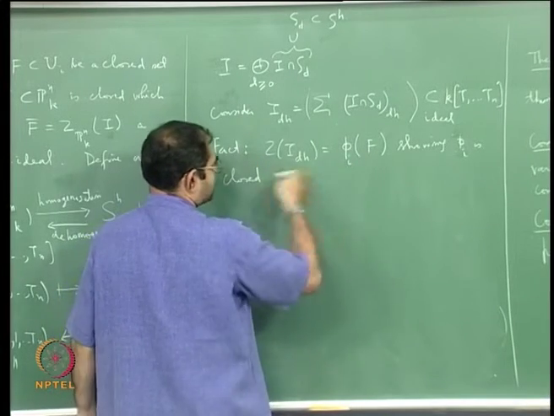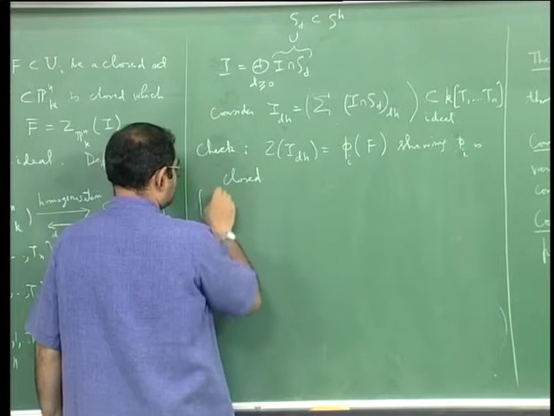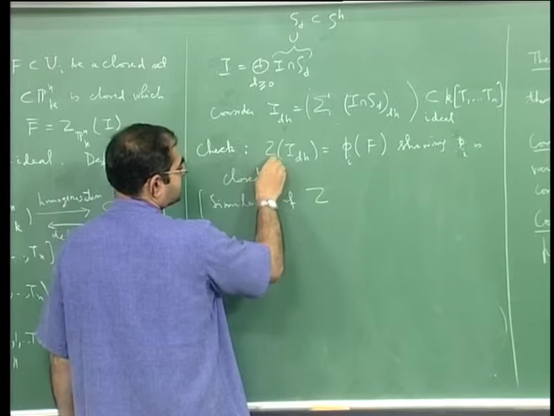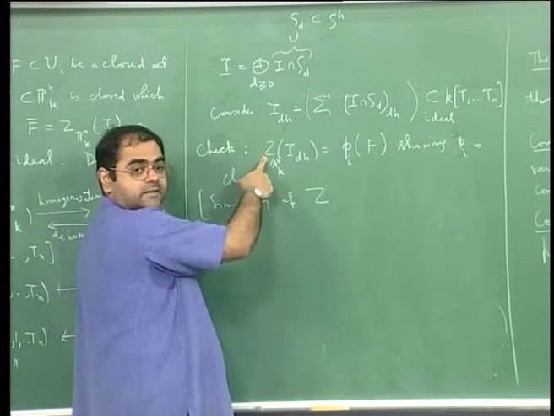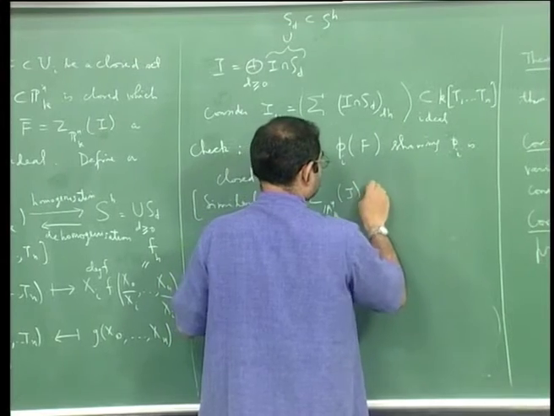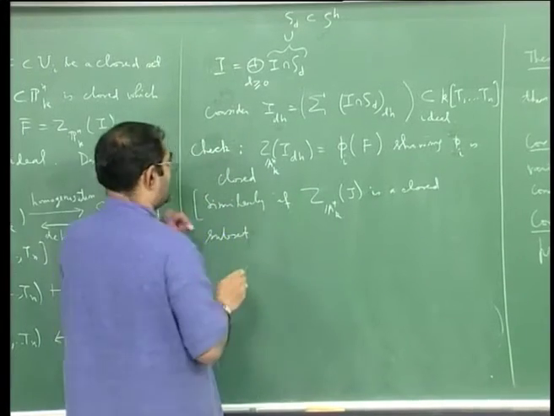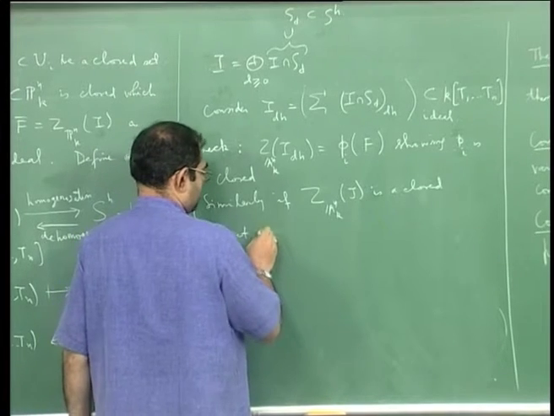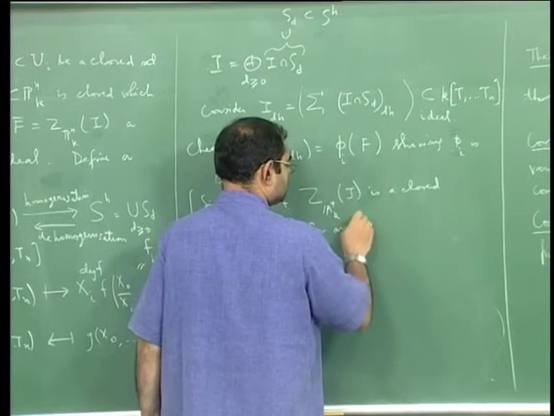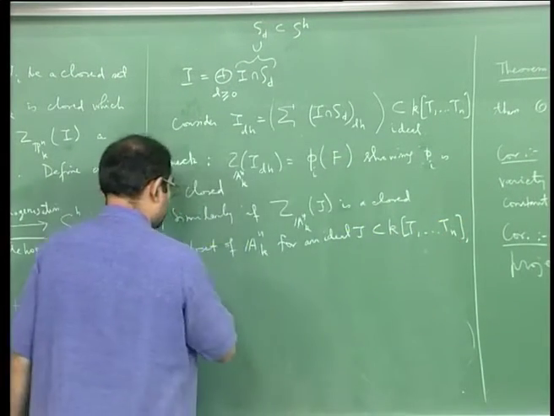So this is something that you can check. Okay, so instead of saying fact I should say check. Similarly, if Z in A^n, so mind you this Z is a zero set in A^n. So similarly, if Z in A^n of J is a closed subset of A^n for an ideal J in k[T1, etc., Tn], then